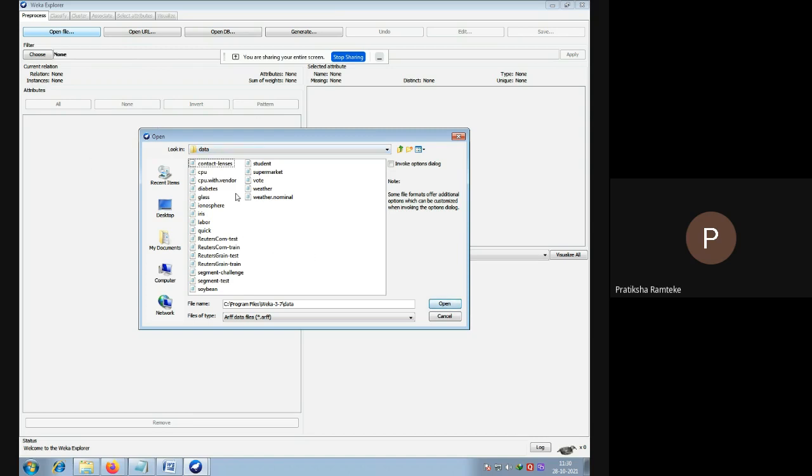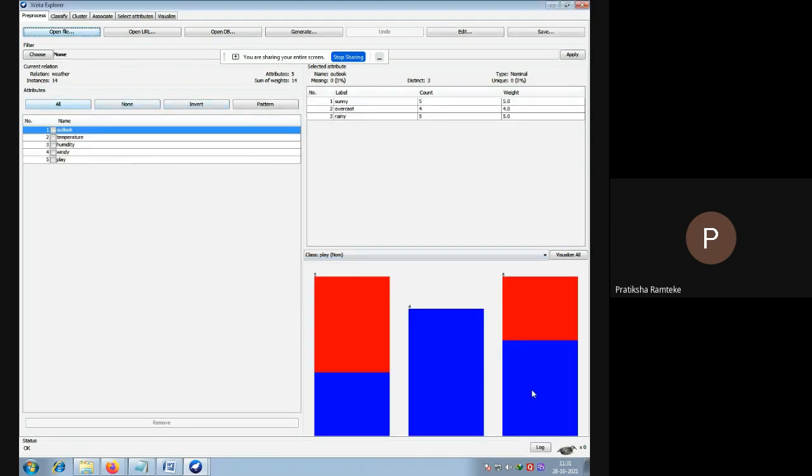And if we want other data, you go to Notepad, enter the data set, and save it in the path which I have used here, and the extension we use for Weka is .arff. Okay, so first I choose weather. Okay, open. So this is the data set of weather. So click on any of these. The attribute relation is shown here.